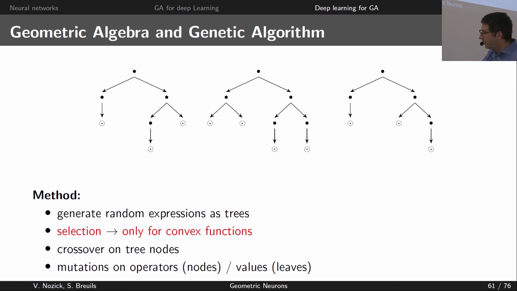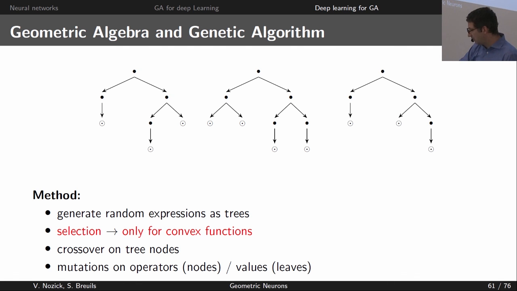The problem is actually selection. On that specific problem, the only thing you can say is whether an expression is valid or not. But you cannot say whether one expression is better than another, between two wrong expressions. So here we have a problem. But there are some situations where you can say this, such as convex problems. Not that one, but maybe this can open some reflection on getting a convex problem, or how to make the problem convex.